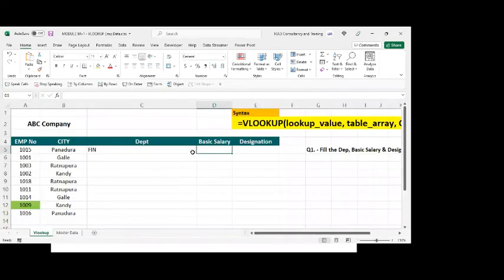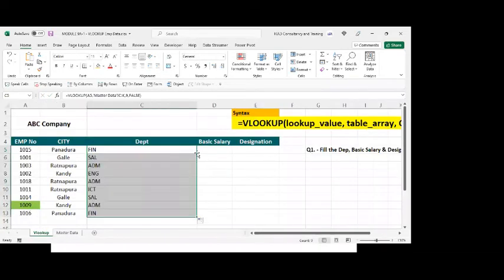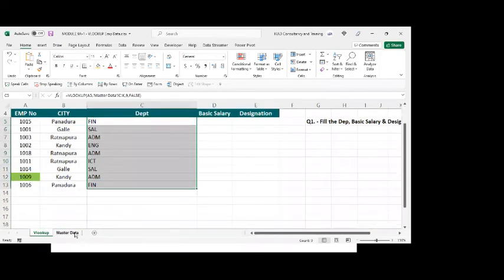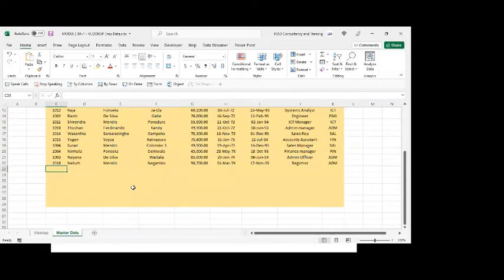You get the answer. Right there you are. You got the answer. No problem at all. And now the good thing when you put it like that, if you add something at the bottom, that will also come. I'll say 9999.